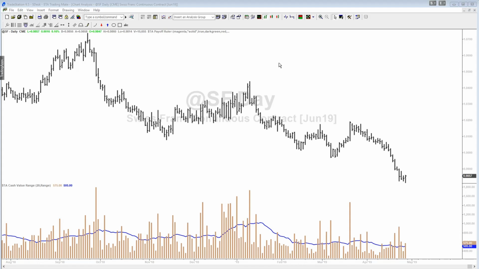It measures the bar ranges or the true ranges, depending on the input set, in cash of the respective underlying currency. It does also show a moving average of the cash value ranges. So it enables you to quickly assess a market's current volatility. For example, in the Swiss franc, we are around $500 per day, and this is pretty stable over the last